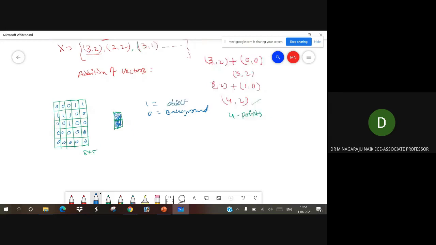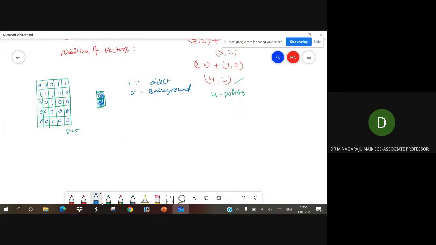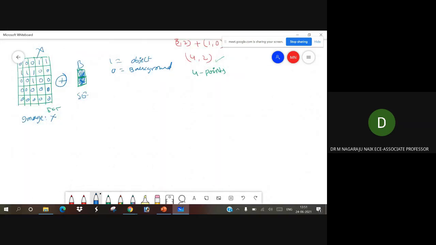Okay. Now in that case, now we have to apply the, now this is an image X and this is B. It's a structural element B. Now this is B and this is X. The smaller one is nothing but a structural element. Okay. Now apply the dilation. So how do you apply the dilation method?